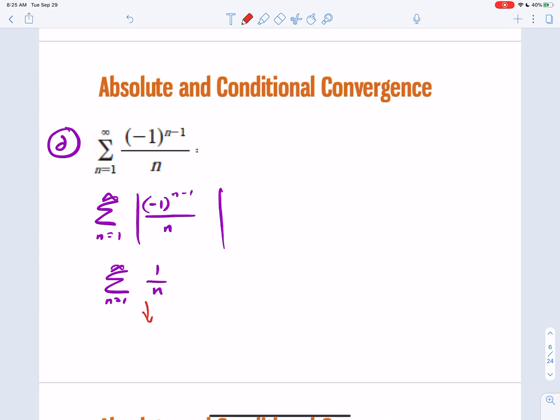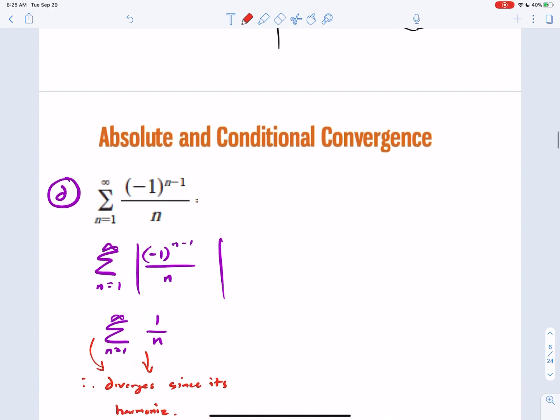This is a very common one, you guys. Again, it pops up a lot. You guys should know that this diverges. By the P-series test, or I hope you guys said that it diverges since it's harmonic. Okay? Okay, so we took the absolute value of the original function and we found out that it diverges. So what does that mean? So that means,